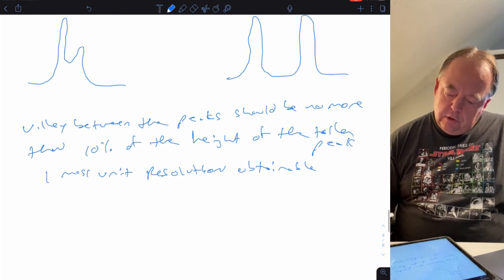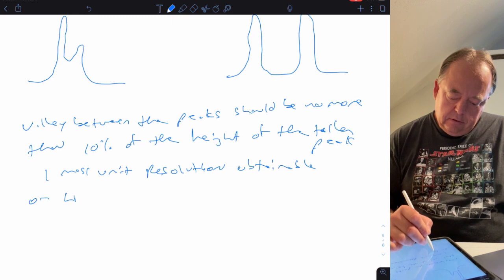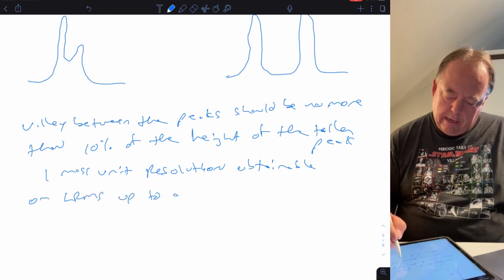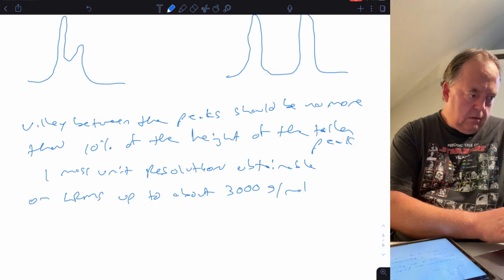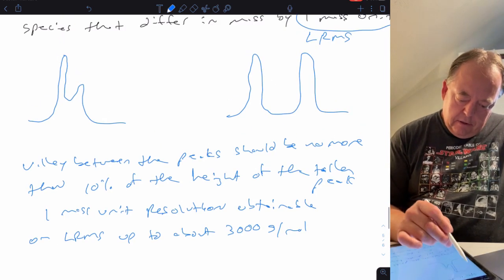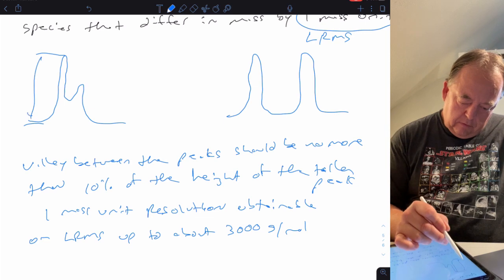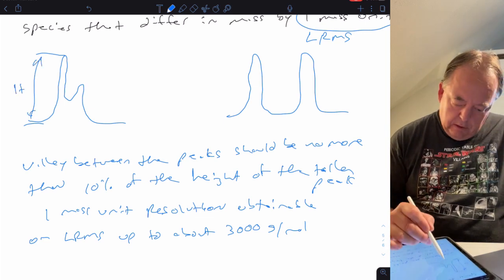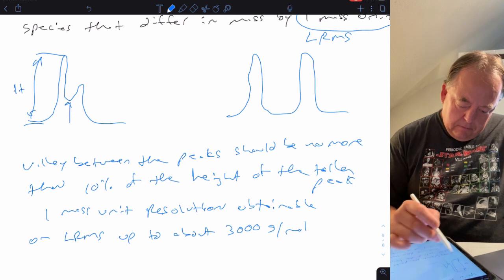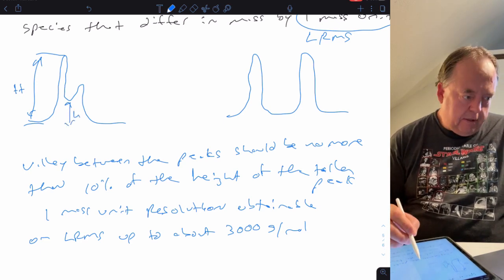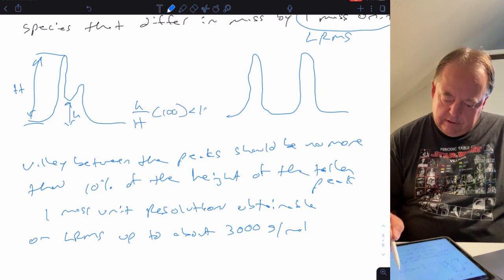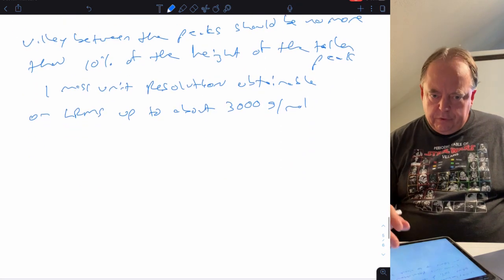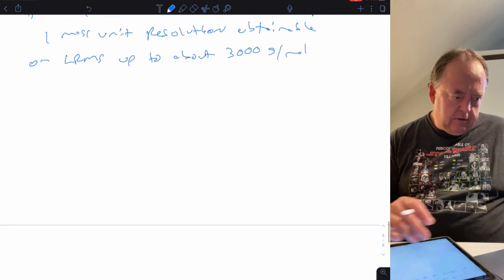So 1 mass unit resolution is obtainable on a low-res mass spec up to about a molecule with a molar mass of about 3,000 grams per mole. Right, so then this would be the height of the taller peak, and the height between the peaks, so little h over big H times 100 should be less than 10%. We're not going to be doing any things with these type of calculations, but just to illustrate to you the